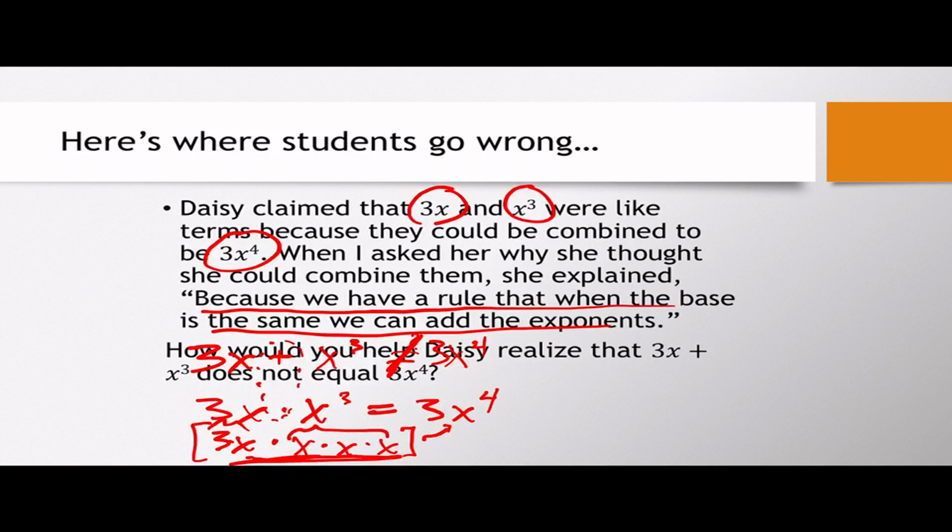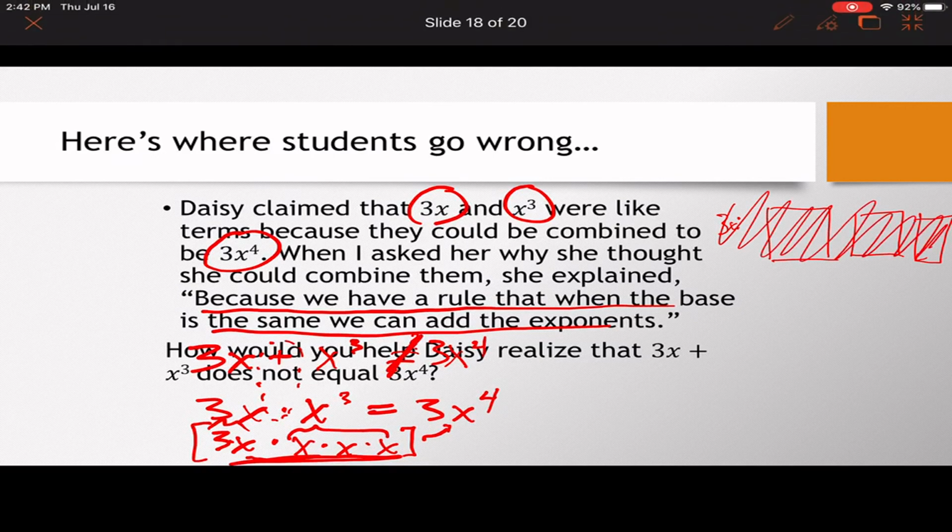How would you explain or help her realize it? Let's go back. You can even draw pictures of this. Remember 3x as a picture. What I would probably say is use the algebra tiles to show pictures. 3x is here, 3 of these, no, sorry, not squares, they're actually the sticks, the rods there. So 3x